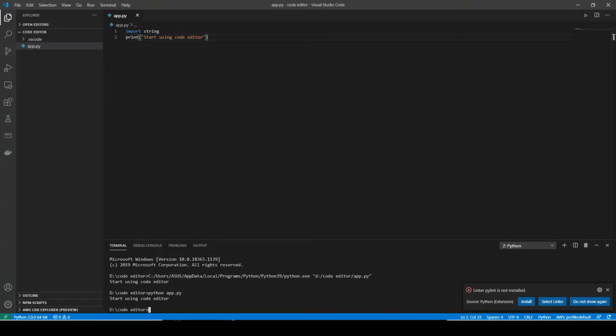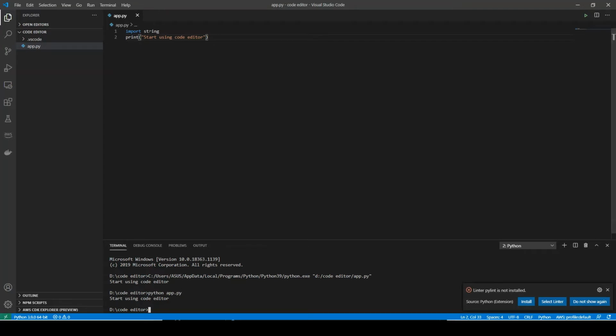Right. So here my code location is within D drive. Within D drive, we have code editor as a folder, and within code editor, we have one Python module called app.py. And within app.py, we have written these two statements. So in order to run my Python application, I can simply write python followed by the name of my module.